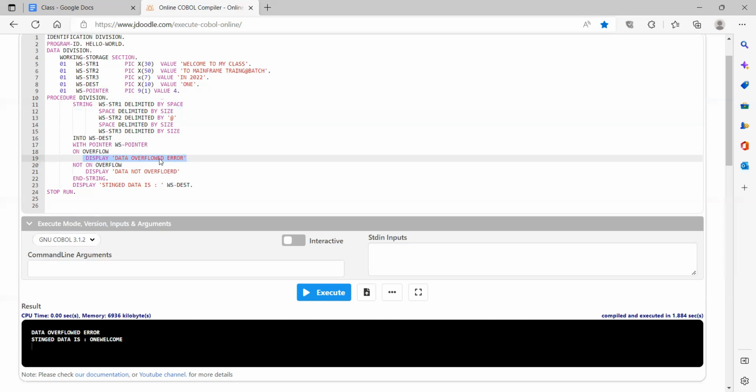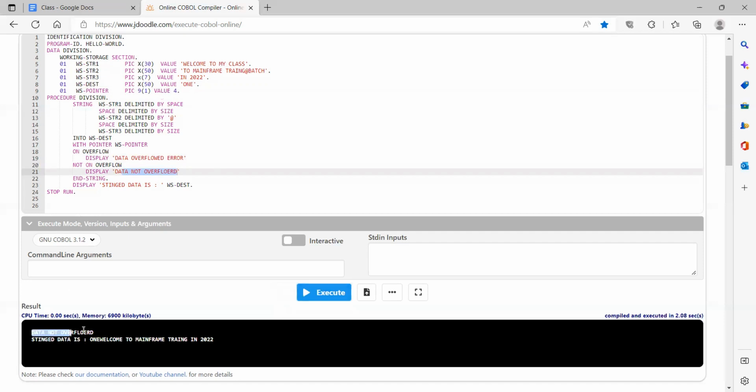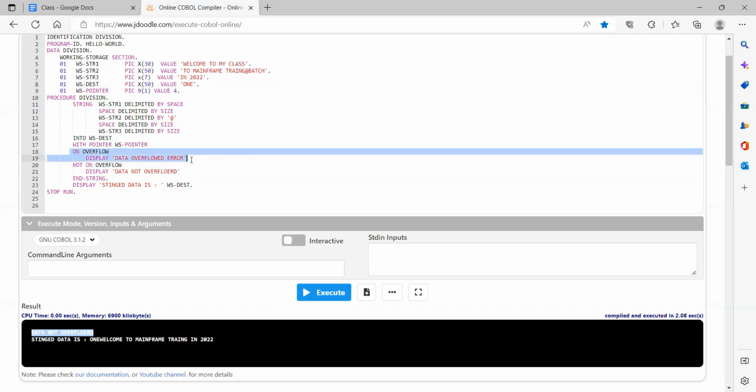Okay, are we good here? Let's say for the destination, instead of 40 I'm giving 50. Then there should not be any overflow. Data is not overflowed, so that should be displayed in the output. If we are able to accommodate the data in WS destination, then the not on overflow condition will be executed. If data is not able to be accommodated in the destination, then the overflow condition will be executed. So this is the basic